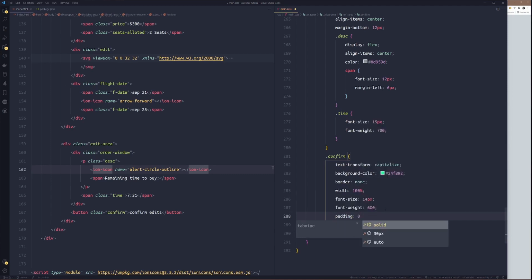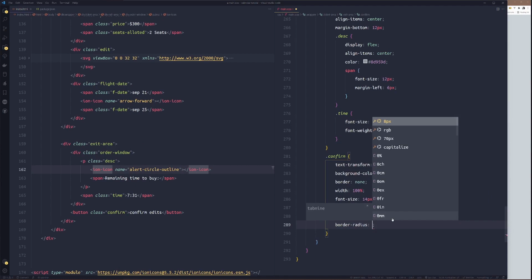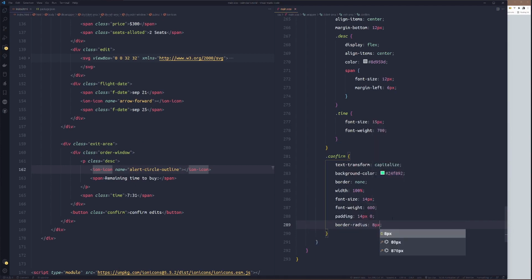So top will be 14 pixels, while the left and right will be 0. Instead of height, I just like to use padding to give this button a height. So the border radius could be 8 pixels.